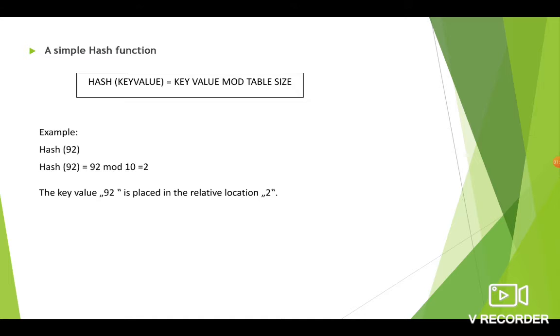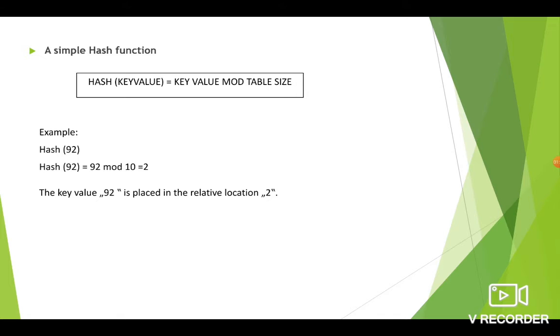A simple hash function is hash of key value equals key value modulus table size. Assume the table size is 10. If we are computing the value of hash of 92, the formula is 92 modulus table size.